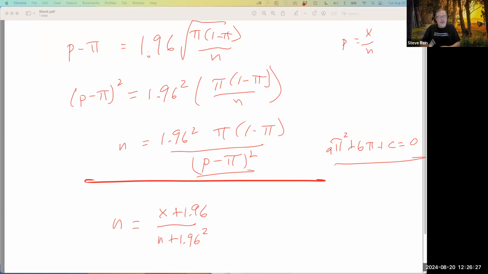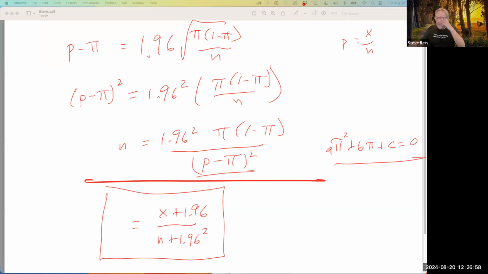I appreciate the clarification. So I'm saying the sample size you want to use is going to be x plus 1.96. I'm sorry. I apologize. No, that's not the sample size. I'm going to tell you what n should equal. No, I'm actually trying something different. I apologize. We're not finding n here. That was a different problem.